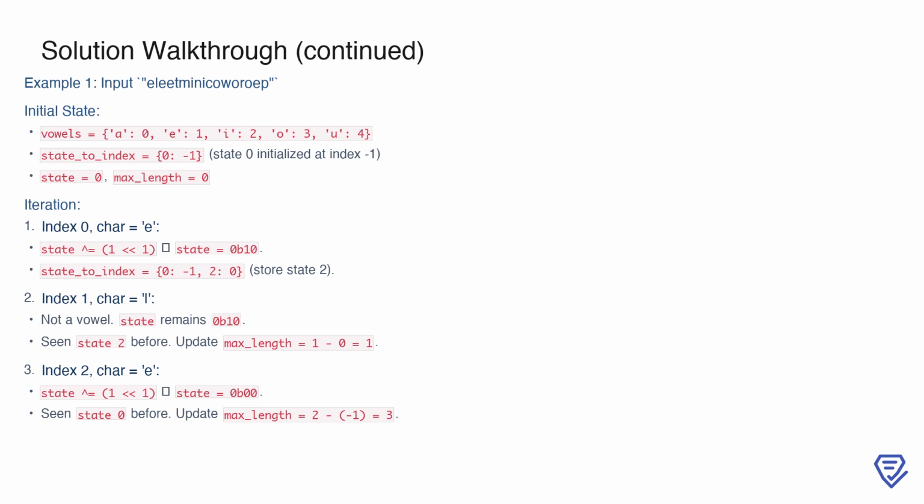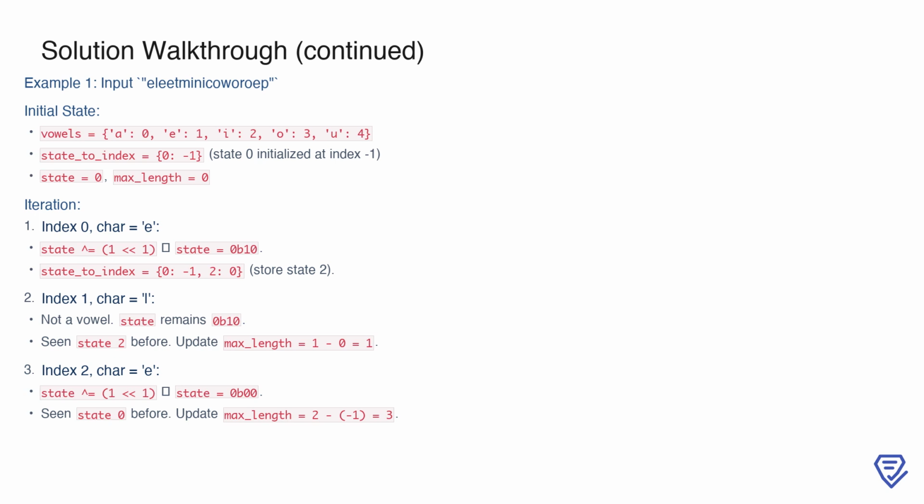At index 0, the character is e, a vowel. We toggle the first bit of the state, resulting in state equals 0b10. Since this is a new state, we store it in state_to_index with the current index. At index 1, the character is L, which is not a vowel, so the state remains unchanged. However, we've seen this state before at index 0, so we calculate the substring length as 1 - 0 equals